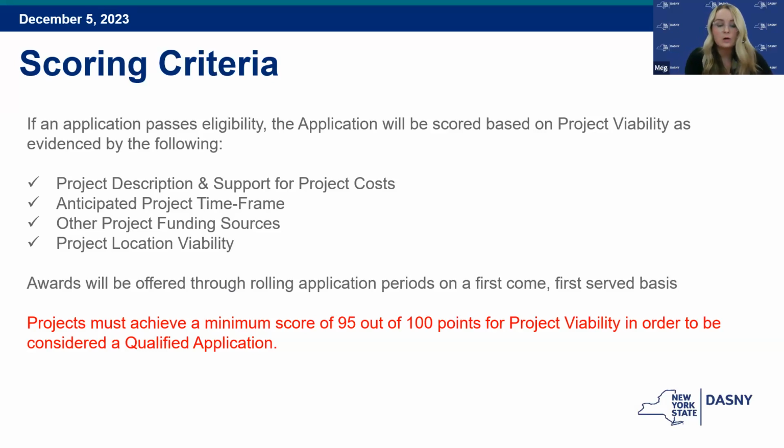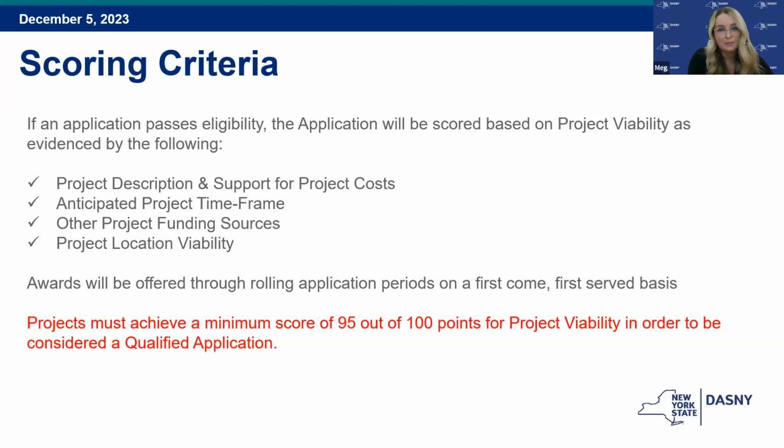All estimates, quotes, and proposals cannot be dated prior to April 1st, 2023, and bank statements submitted as proof of additional funding cannot be prior to September 30th, 2023. Projects must achieve a minimum average score of 95 out of 100 points for project viability in order to be